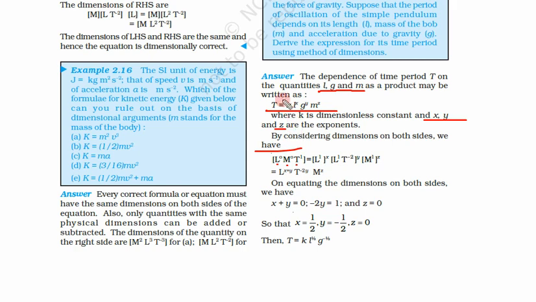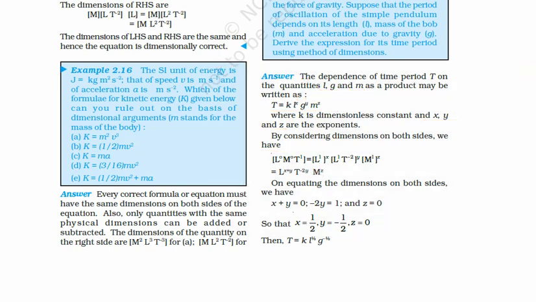This k does not have any dimension. The dimension of length is L, to the power 1, and the power is x, so we put power x here. Now what is g? g is a kind of acceleration, so its dimensional formula is L^1 T^-2, and the power of this is y, so we put power y here. Again mass is M to the power 1, and power is z. So we have constructed this equation.